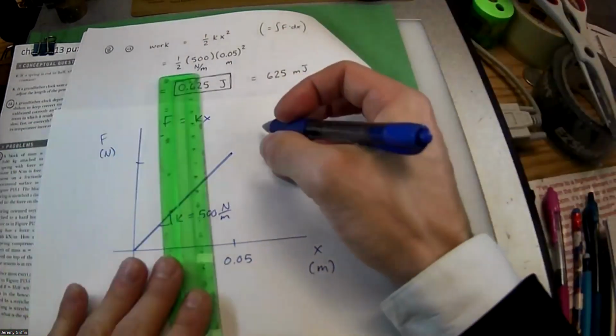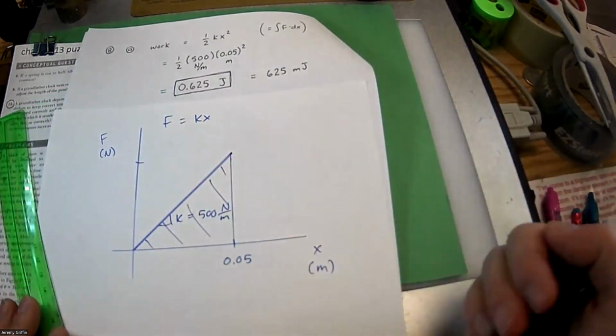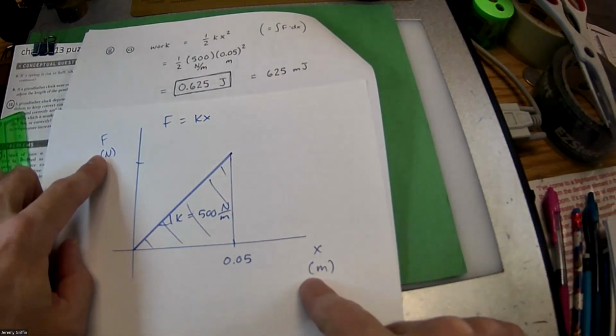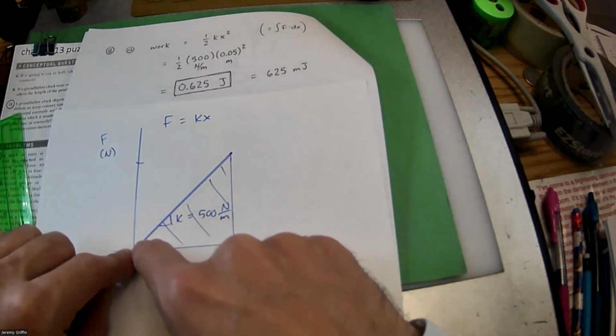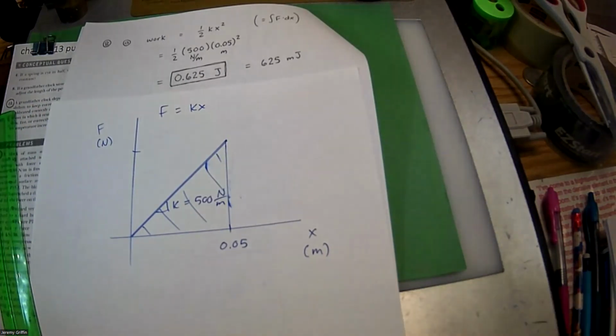Yeah, the integral, let's say the area under the graph, that's the area of this triangle. That's how much work it took, right? Because force times distance is work. Newtons times meters, that's some number of joules, but it's a variable force. So we've got to take the area out of that. Let's see if that gives us the same answer.